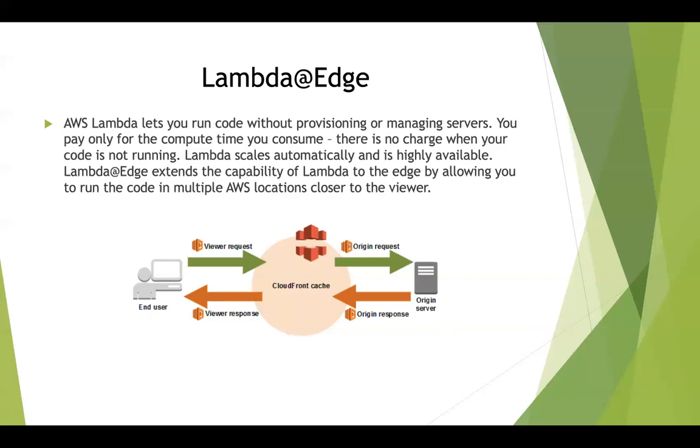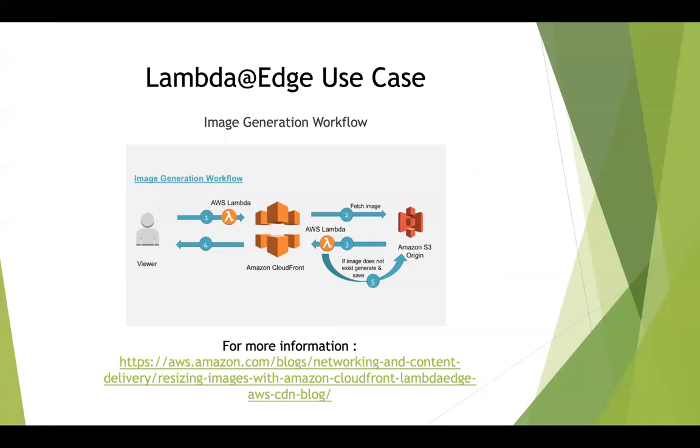So one such use case from a developer's point of view is what we are going to look at. When it comes to the image generation workflow that I have described over here, we are going to run a Lambda function at 2 different intervals. The first interval is at the viewer request, like you guessed. And at the second, we are not going to run any Lambda function because CloudFront is going to fetch the image from an S3 bucket, which is the origin. And in the third place, we are going to run a Lambda function. This is at the origin response. This is the viewer request. This is the origin response.